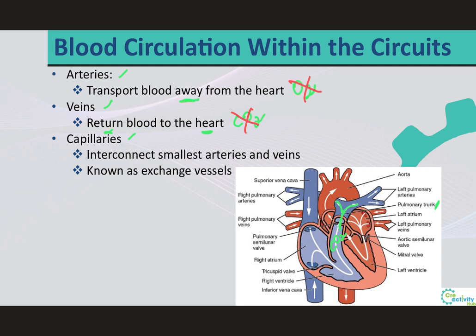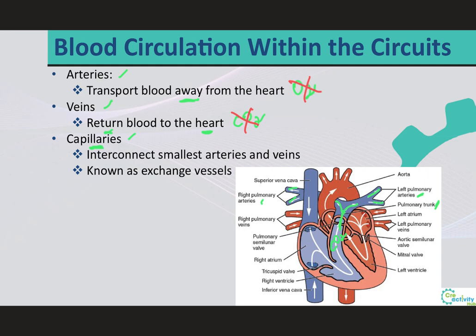This means you will have the left pulmonary arteries and the right pulmonary arteries. Notice how both of them are still blue in color because they're still carrying carbon dioxide-rich blood. Like mentioned, the carbon dioxide-rich blood will be exchanged for oxygen-rich blood in the lungs, and this exchange